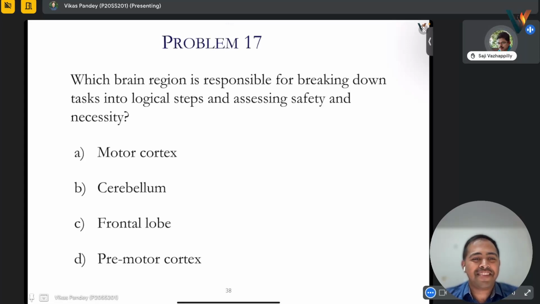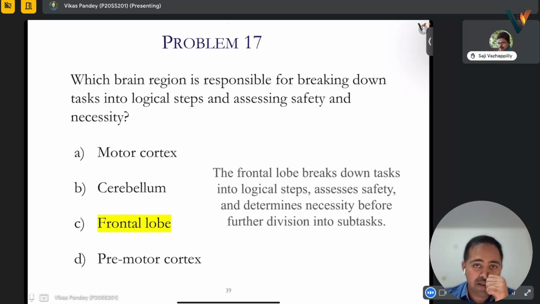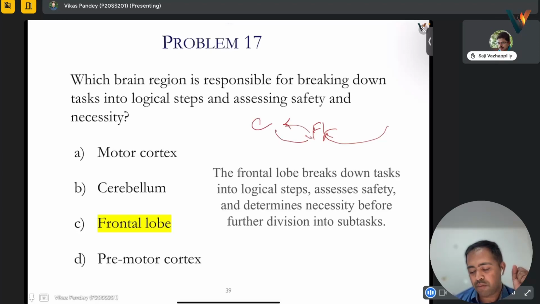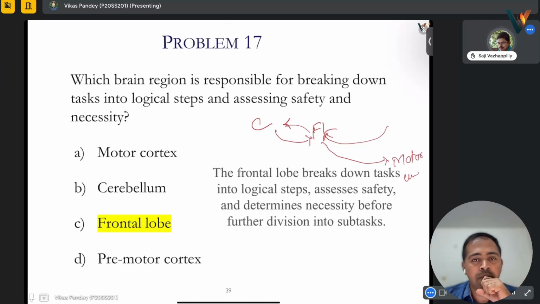Otherwise, it's cerebellum only. All motor things will be broken down into logical steps. We can say senses go to the frontal lobe, cerebellum, then frontal lobe, and then again to motor units. But movement division should be in the premotor cortex. Breaking down of the task, premotor cortex is certainly having a role. Here, premotor cortex will be there in the pathway, but before reaching the premotor cortex,